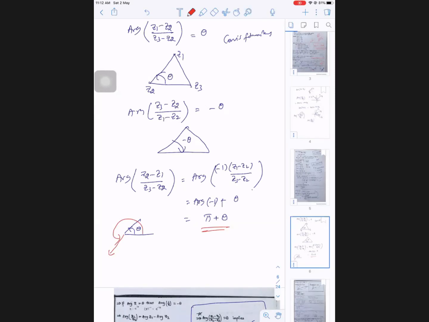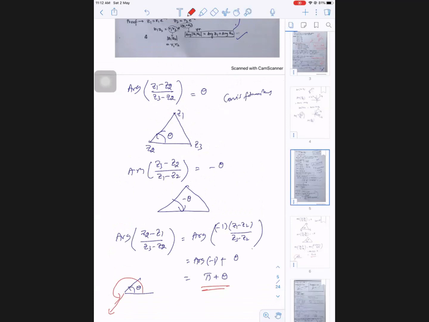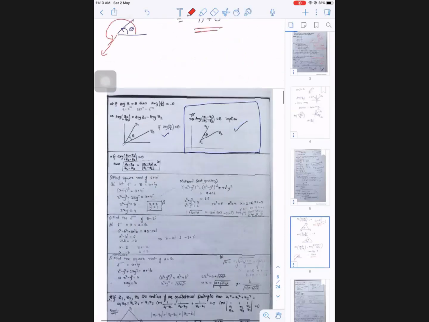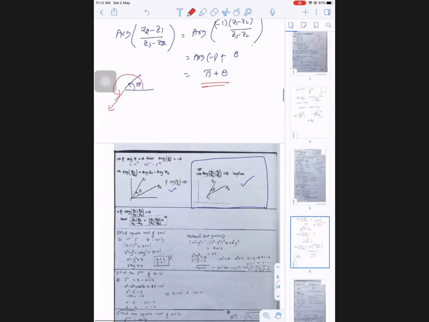But when you are writing an angle, compulsorily both must have the same initial point or both must have the same terminal point. So either both are starting with Z2 or both are ending with Z2, like this. Either you can take ending with Z2 or starting with Z2. Anything is fine, like this you can take, because many results will be proved with the help of this point.